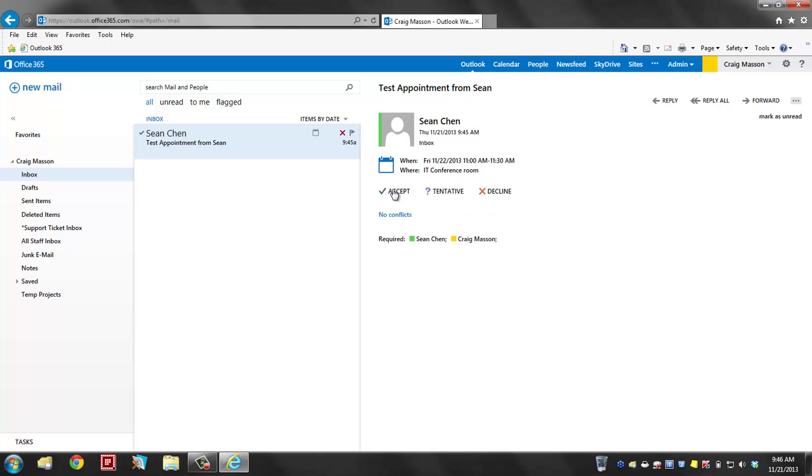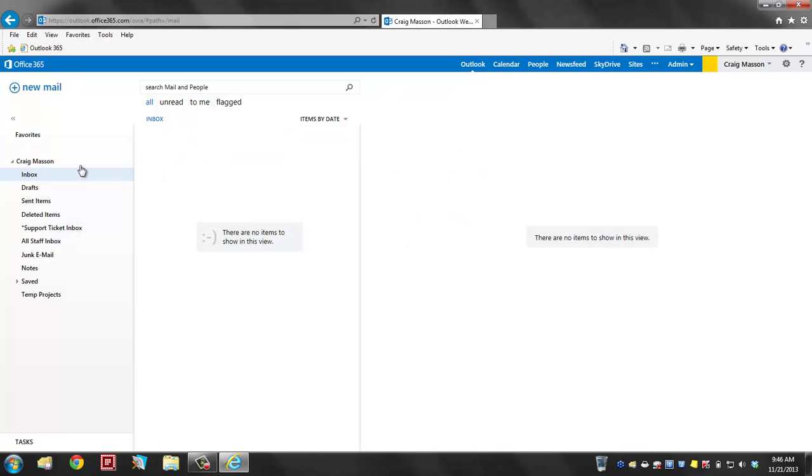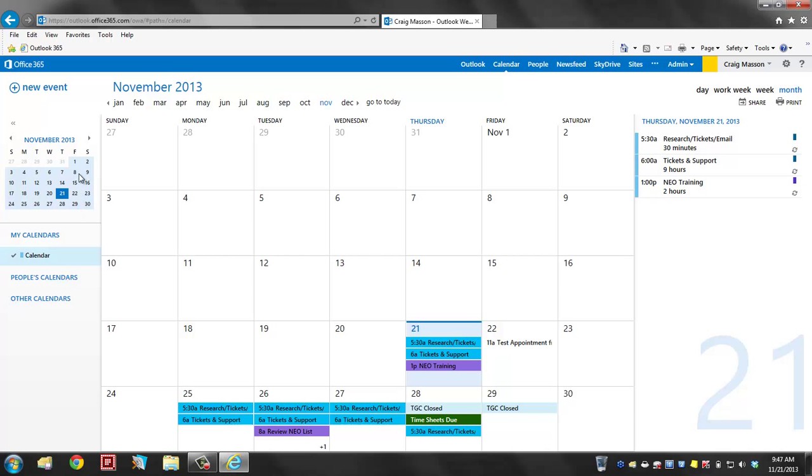But in this case, I'm just going to accept, and each of those have the same options, tentative and decline. I'm going to choose accept, and then don't send the response, so I'm just going to accept the request. You'll see it deletes the email directly from my inbox. Now if I go back to calendar and refresh,